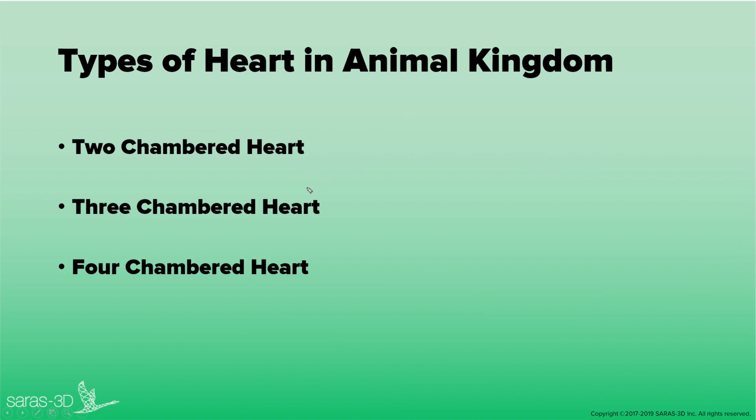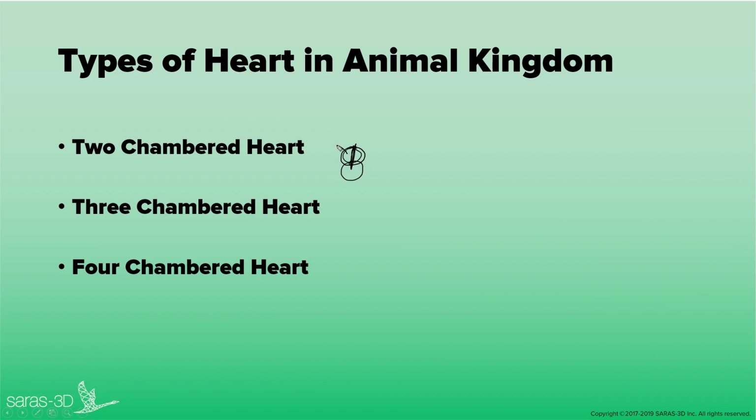Now coming to the other kinds of hearts. During evolution, animals moved from water to land. As they moved to land, the pressure with which blood is pushed to the body decreases tremendously. So now there is a need for a kind of heart that can pump blood more efficiently. So in the course of time, what has happened is that the two chambers which were connected by a valve, the initial chamber, which is known as the atria, is further separated,